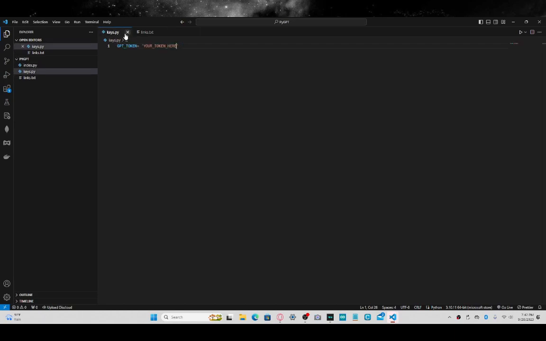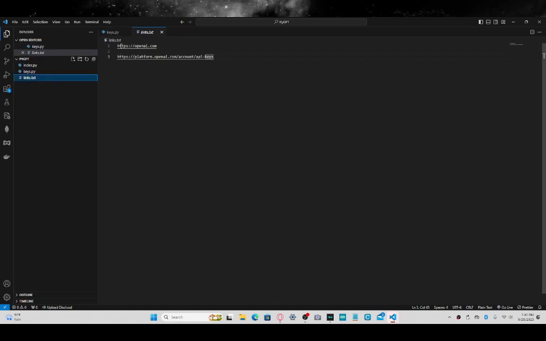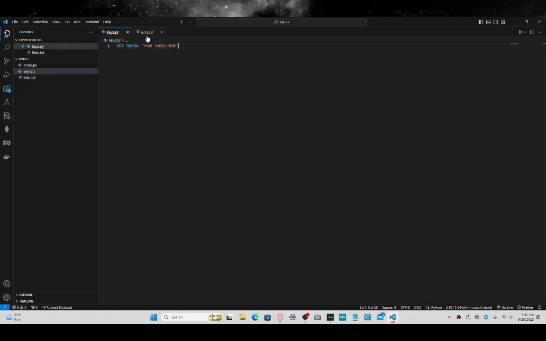And as you can see, I have two tabs. One of them is where you're going to store your GPT token, which you can get from OpenAI, or more directly platform.openai.com, account, API keys. I'm going to put this in the description. Now for the main part,